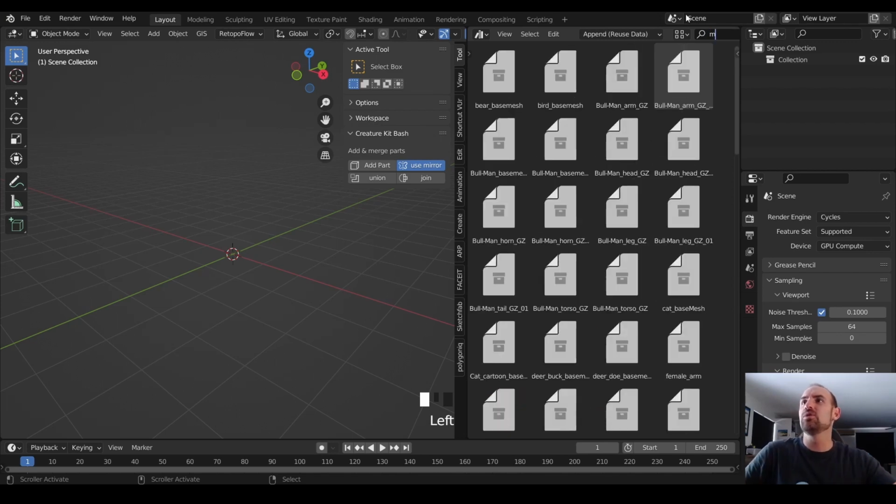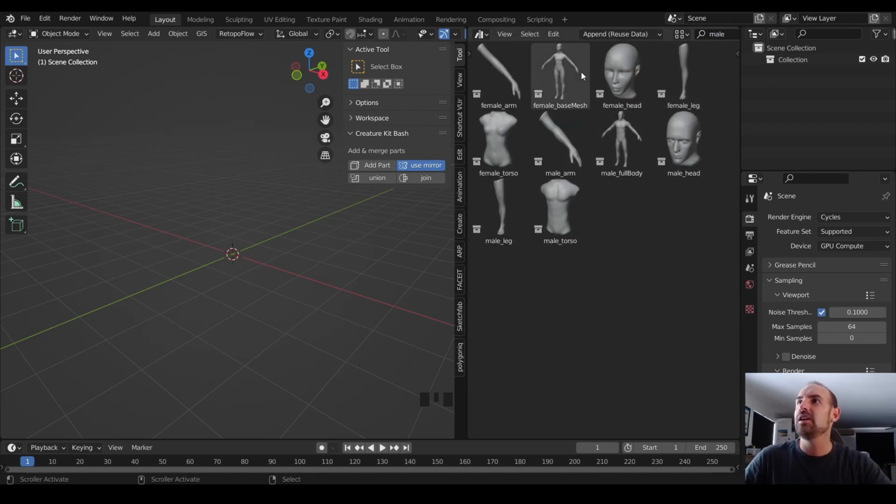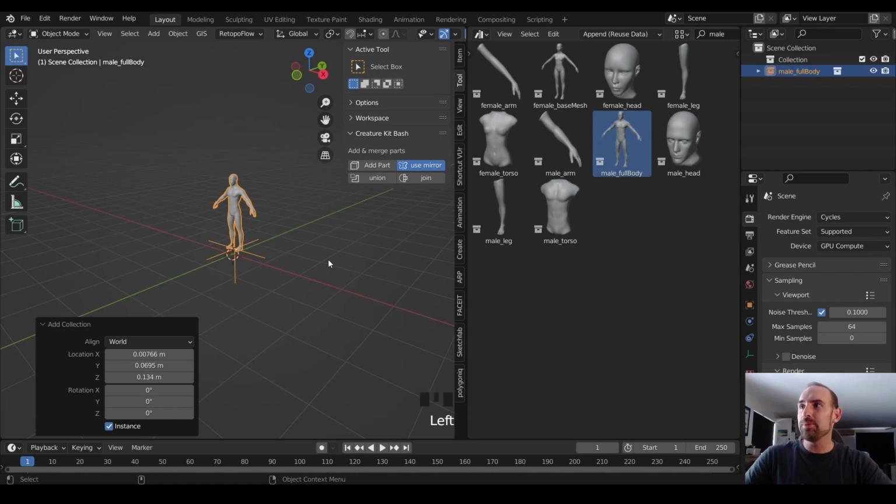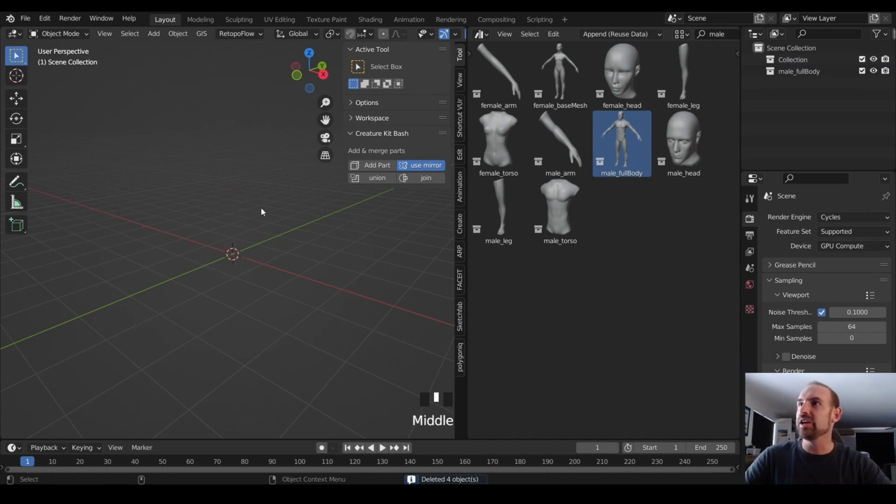All right, so before we create anything, let's just briefly talk about the assets themselves. So I'm just going to look up male here, and I'm going to add the male base mesh. Now, to get the assets into your scene, generally speaking, if you've got the asset browser, you drag and drop. Now, that functionality still works. We want to maintain the original functionality of the asset browser, but this will not work with the add-on. So I'm just going to undo that. I'll delete him and get rid of him. So to actually make it work with the Creature Kitbash, we want to use this Add Part button. And you can see now that that comes in